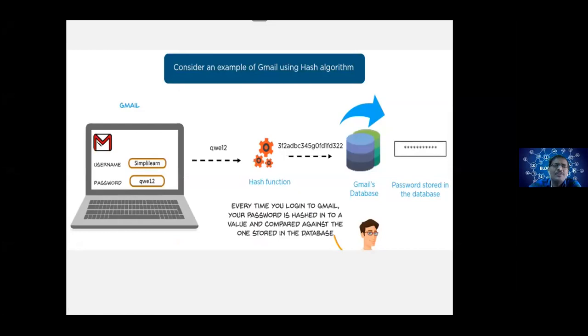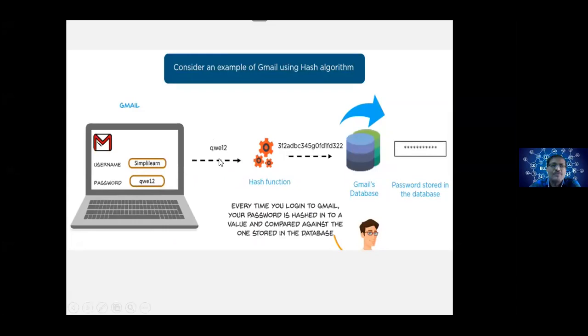So where do we use this hash value in real time? For example, if you take Gmail, during registration, when you enter all your details like name, email ID, password, and so on, your password is not stored as it is in plain text. For example, whatever password you enter, QW12, it is not directly stored in the database. It is converted into a hash: it is given as input to the hash algorithm, and whatever output we get, the hash, is stored